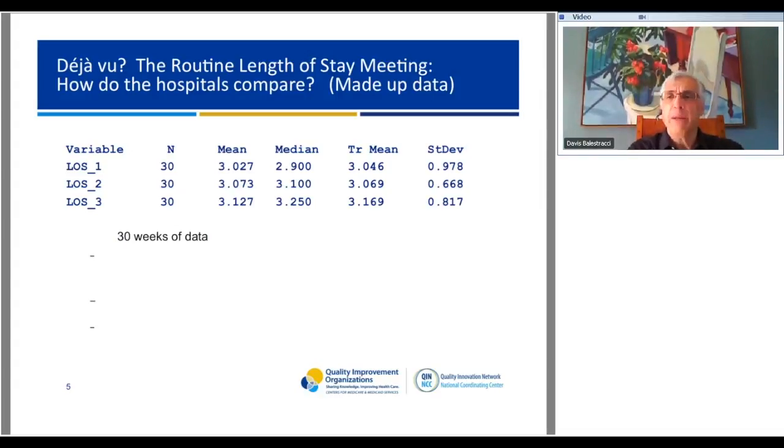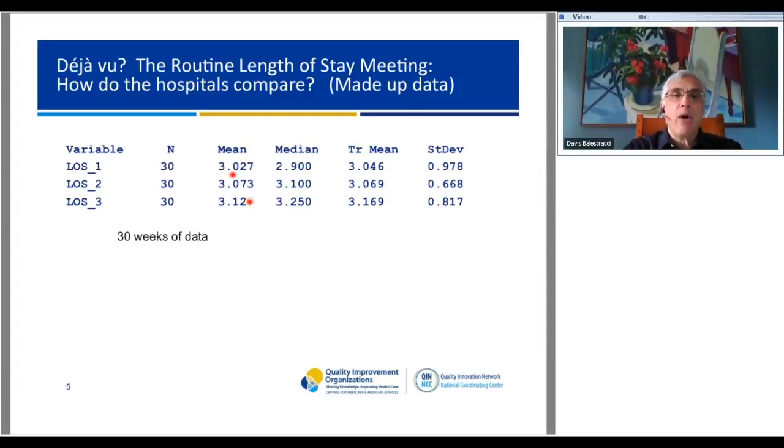Okay, so here's some made-up data. I'm going to get all your former habits out of your system. Let's say this is 30 weeks of data, and this is your typical 6-month how we doing meeting on length of stay. And let's say you have 3 hospitals, and their computer system all interconnects, so everything's defined the same. And at the end of the week, they somehow put in patient numbers and patient days and come up with an average length of stay. So this is the 6-month meeting to say, how are we doing regarding that? And as you'll see,